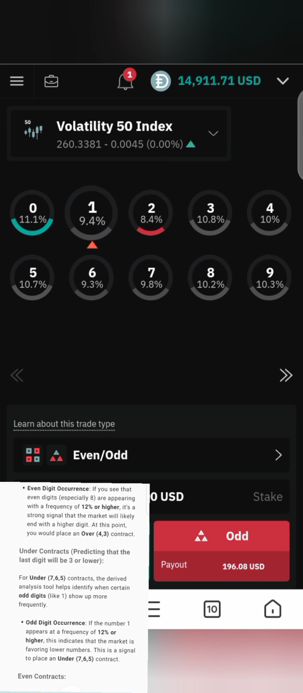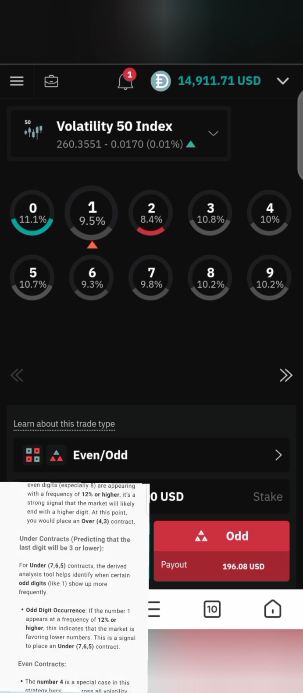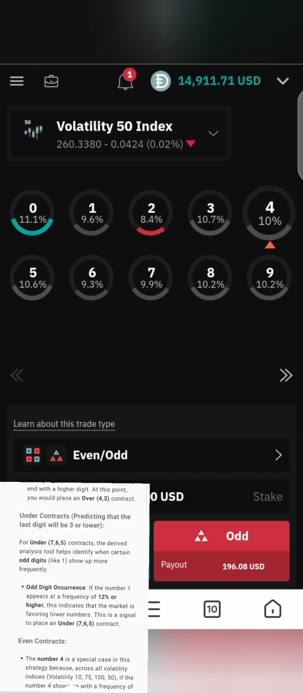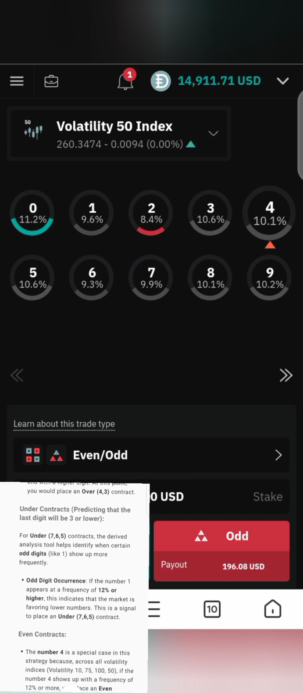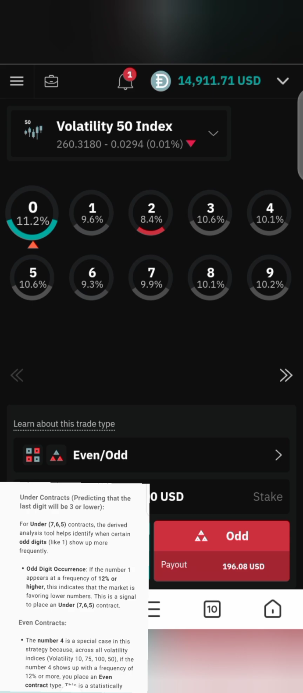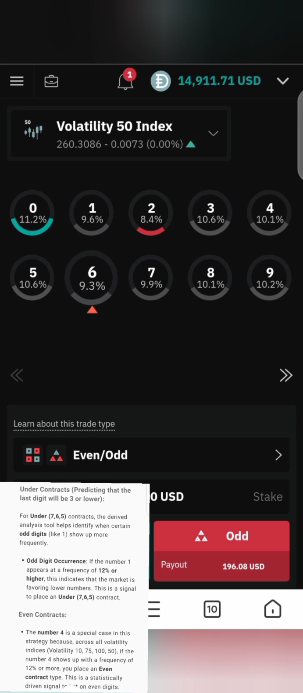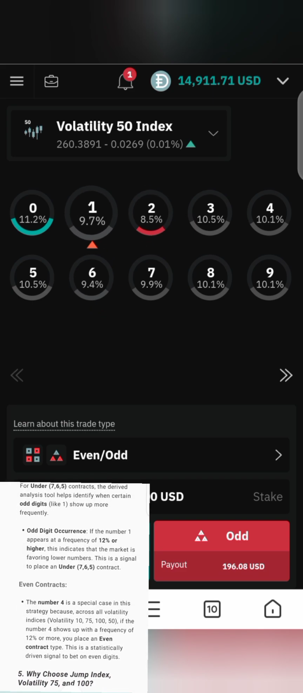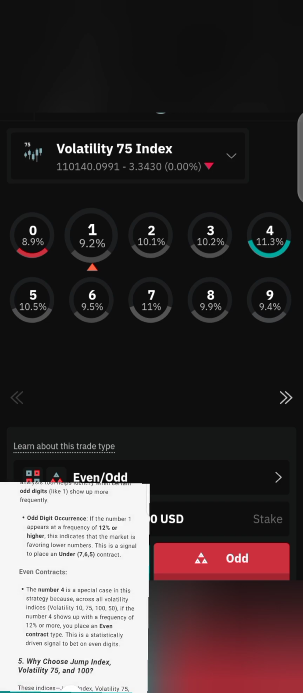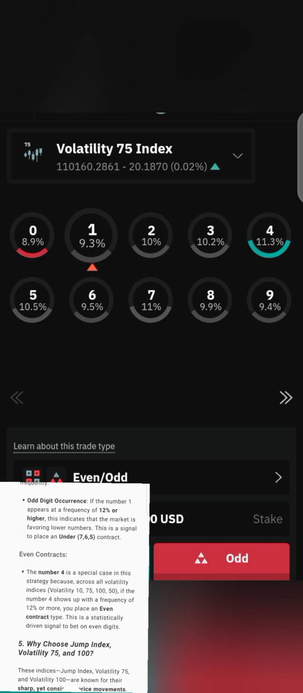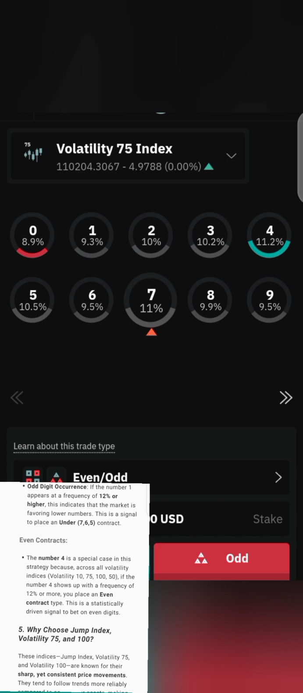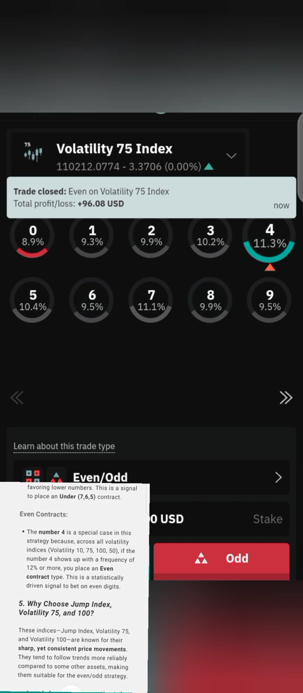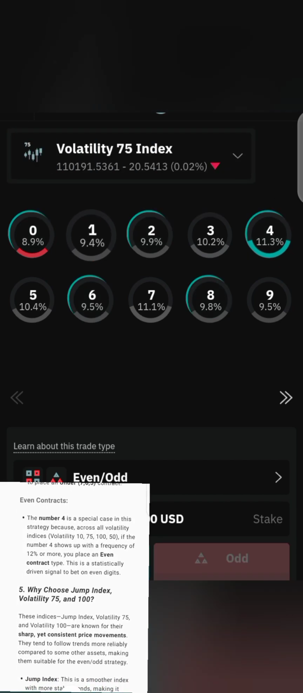Here's how you use the derived analysis tool. Even digit occurrence: if you see that even digits, especially 8, are appearing with a frequency of 12% or higher, it's a strong signal that the market will likely end with a higher digit. At this point, you would place an over 4-3 contract. Under contracts: predicting that the last digit will be 3 or lower. For under 765 contracts, the derived analysis tool helps identify when certain odd digits, like 1, show up more frequently. Odd digit occurrence: if the number 1 appears at a frequency of 12% or higher, this indicates that the market is favoring lower numbers. This is a signal to place an under